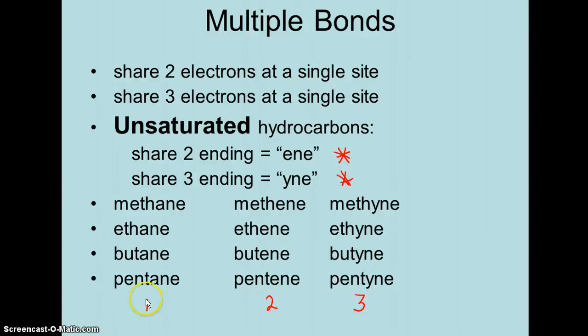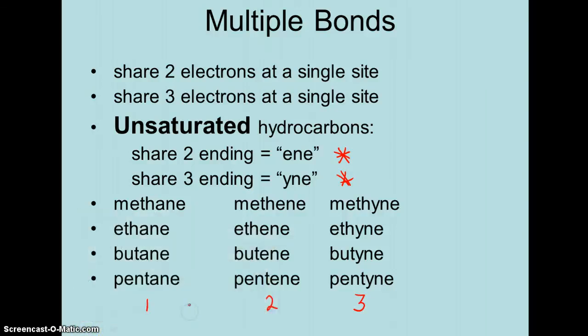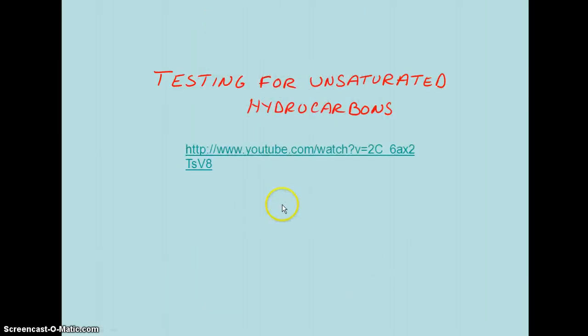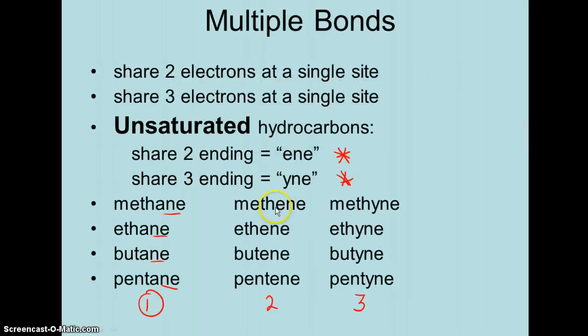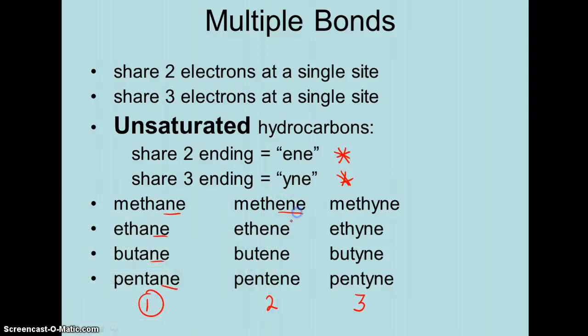So all of these, the reason I have the 1 right here, is because they're all under A and E. These will have double bonds, because they all end in ENE. And here, I know these will share 3 electrons at a single site because they end in YNE. So actually very, very easy to recognize. So with the double bond,